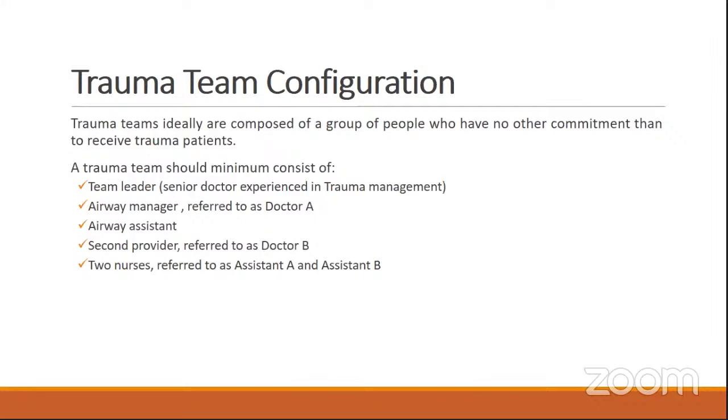So we'll come to the trauma team configuration. The trauma team ideally is composed of a group of people who have no other commitment other than to receive trauma patients. A trauma team should minimum consist of a team leader, who is a senior doctor experienced in trauma management, and second is the airway manager, referred to as Dr. A. He should be skilled in airway management. Next is the airway assistant, then a second provider referred to as Dr. B,